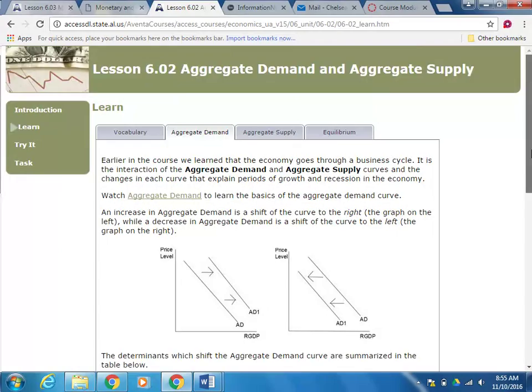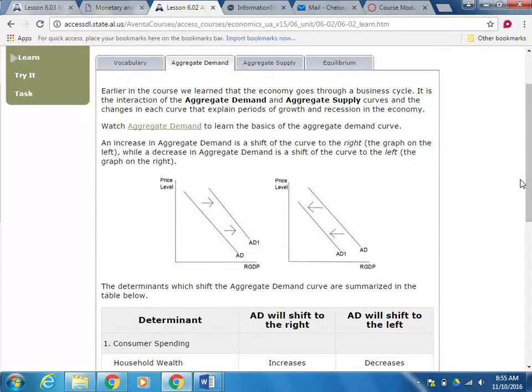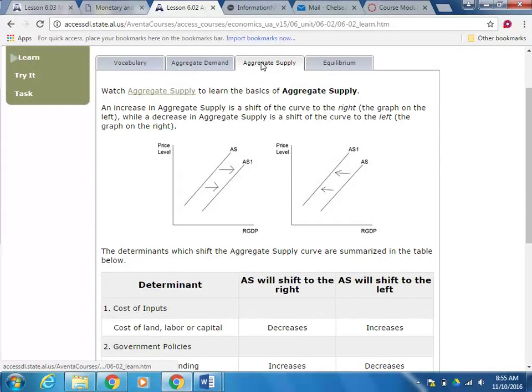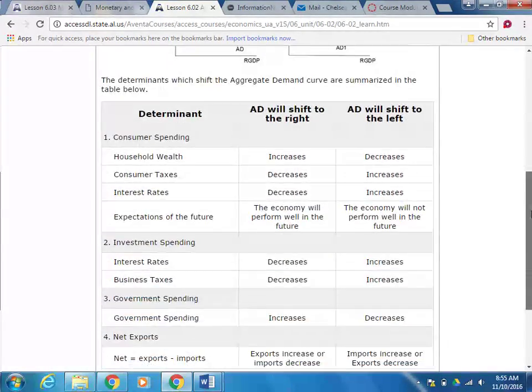Okay, things you need to know. For aggregate demand and aggregate supply, both of them, if they increase, then the curve shifts to the right. If they decrease, the curve shifts to the left. That's the same for demand and same for supply. As you see over here, supply increase shifts to the right, decrease shifts to the left. And there are many different things that cause those shifts. If you look at these charts,